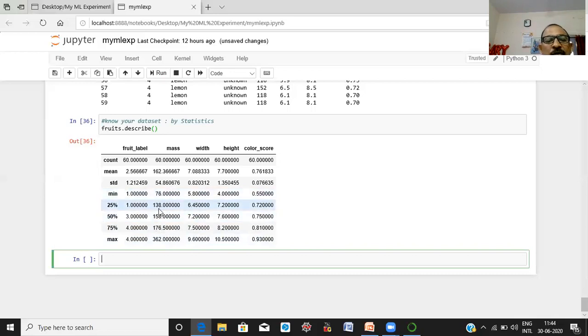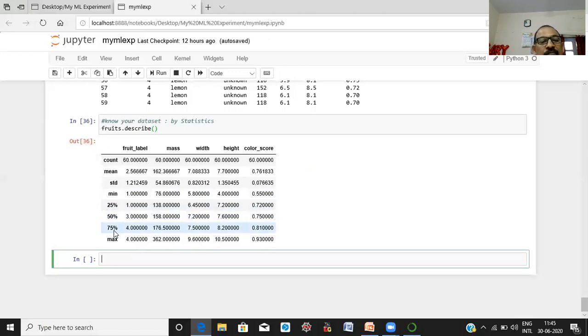Here, for mass it is 138, for width it is 6.45. Height is this, color is this. Here 50% means the median value. And 75% means the 75th percentile. Okay. These three rows are also known as the first quartile, the second quartile and the third quartile.